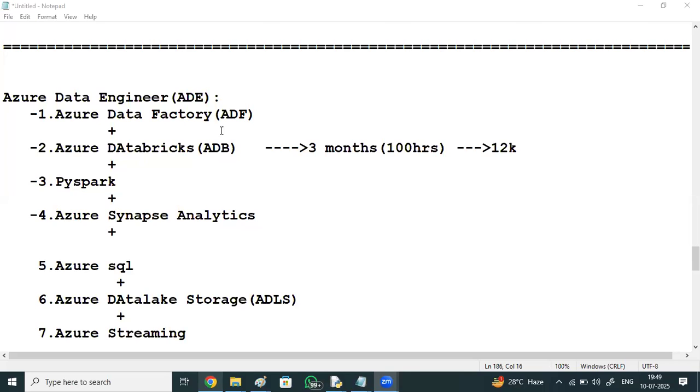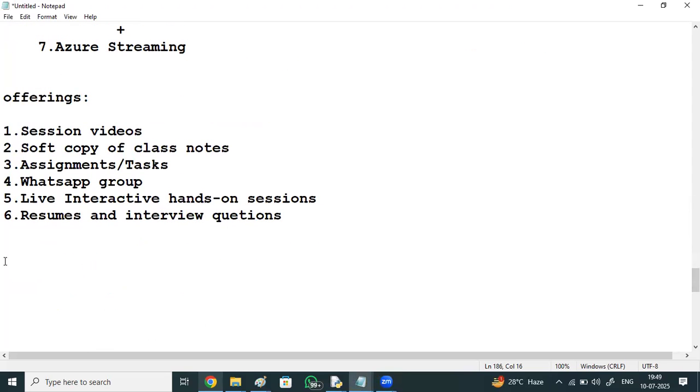And what are the timings of the classes that we are actually attending? Yes, let me make it clear about the timings. So the timings of this batch: initially, for the first 1 week, it will be at 7 p.m. Later it will be at 6 p.m.